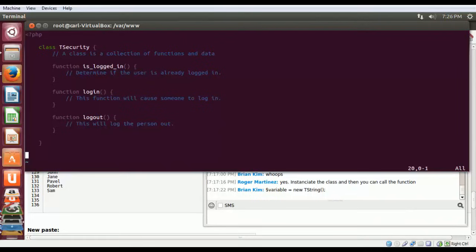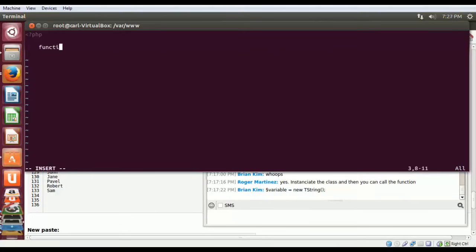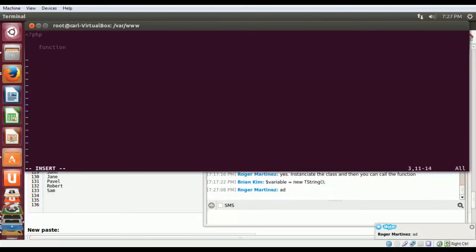One advantage to using classes is that the function names inside of a class only have to be unique to that class. And that's something I showed you earlier with my T example and T example 2, which both had functions called first function and second function. If you were not using classes, if we were just using functions, then every function name that we use must be unique. So if I create a function called begin, for example,